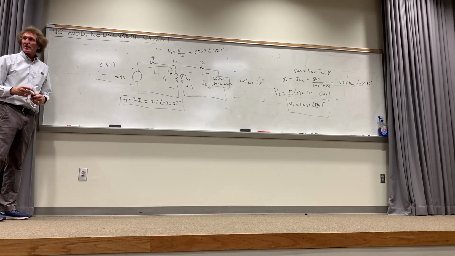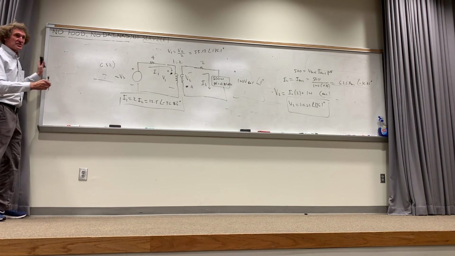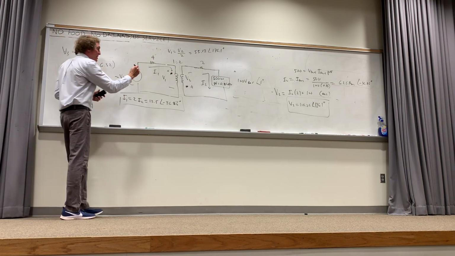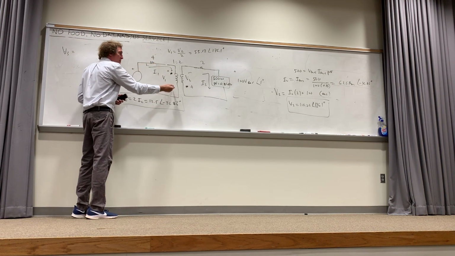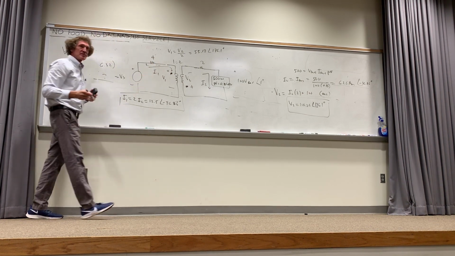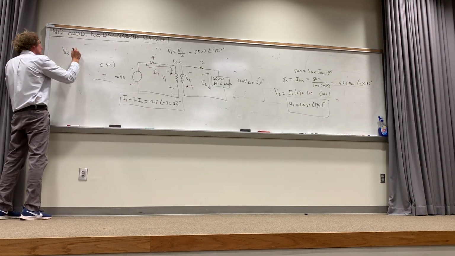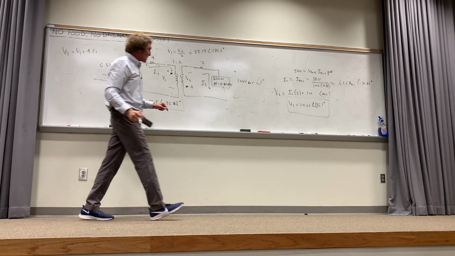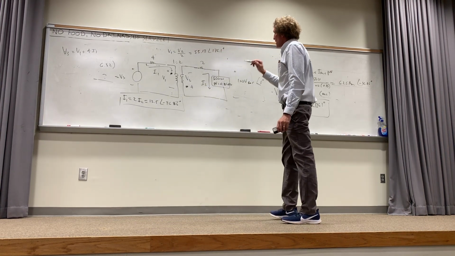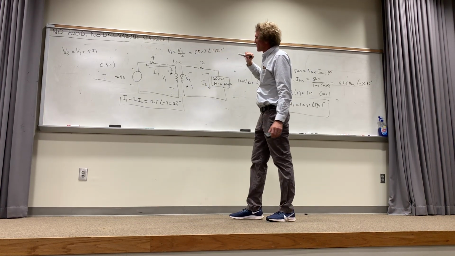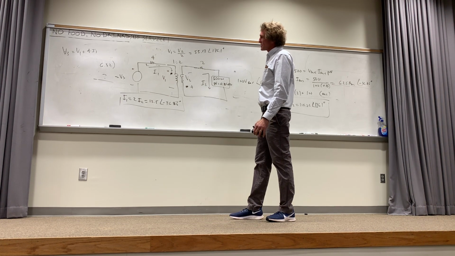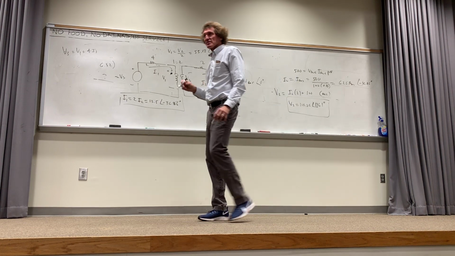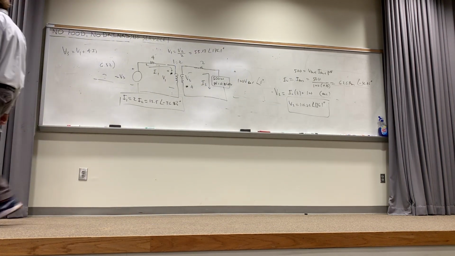You agree? And now to get VS, check his answers too. What is VS going to be? Well, here, do you agree that if I want VS, I start from here, it's going to be V1 plus 4 times I1. Do you all see that? So it's going to be V1 plus 4 times I1. That's I1, and this is V1. So if you take 55.13 at 176.1 plus 4 times that, tell me what you get, polar numbered, please. Remember, you got to add these as polar numbers.